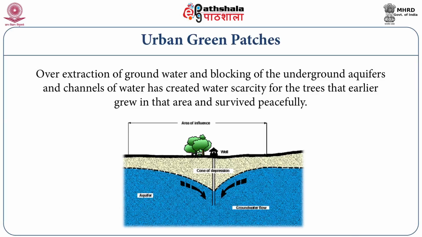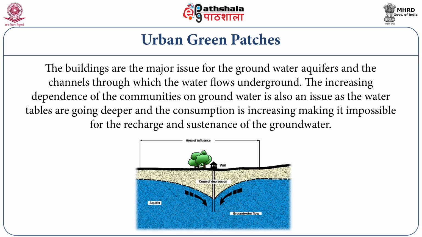Another big threat to urban green patches is over-extraction of groundwater and blocking of the underground aquifers and channels of water that has created water scarcity for trees that earlier grew in the area and survived peacefully. The buildings are now the major issue for the groundwater aquifers and the channels through which the water flows underground. The increasing dependence of the communities on groundwater is also an issue, as the water tables are going deeper